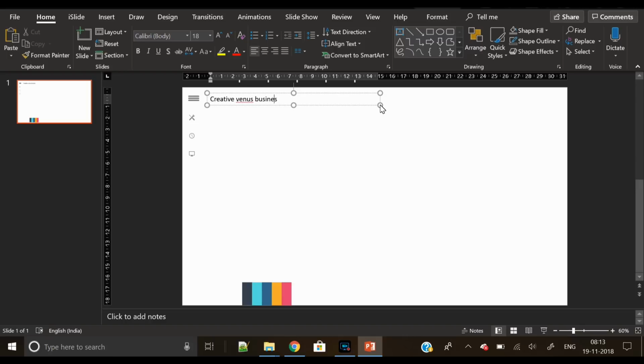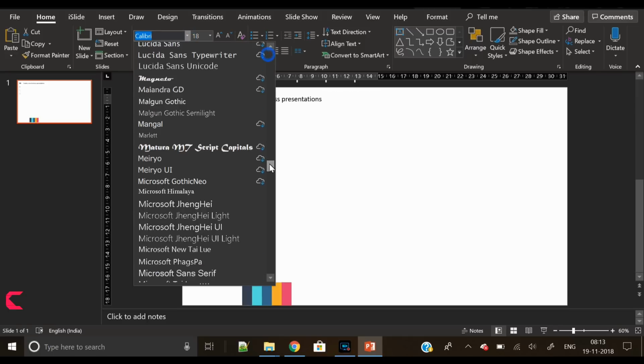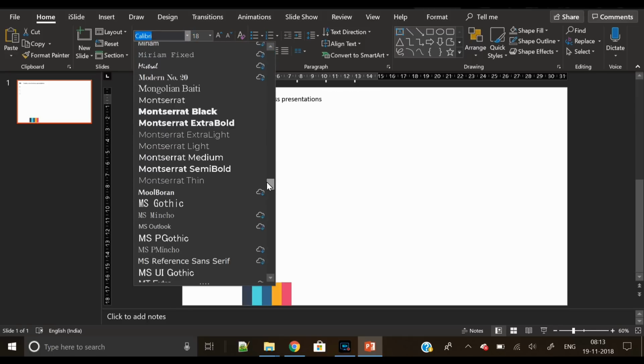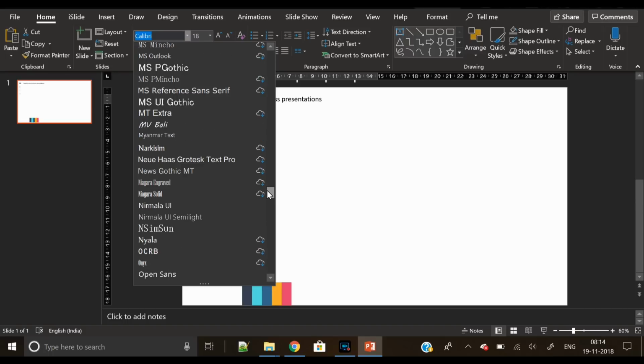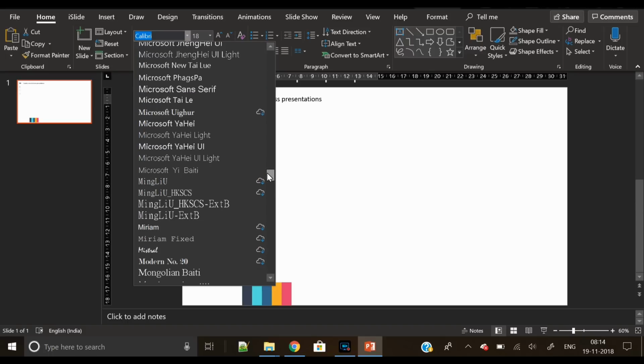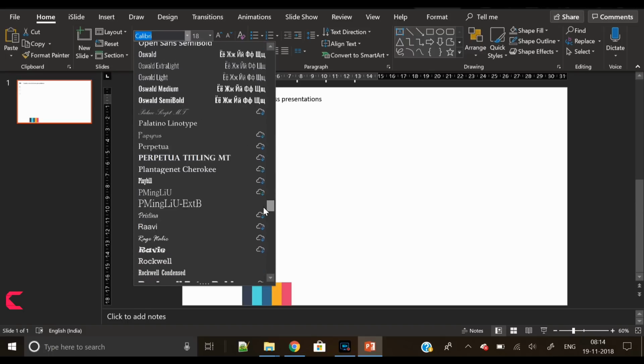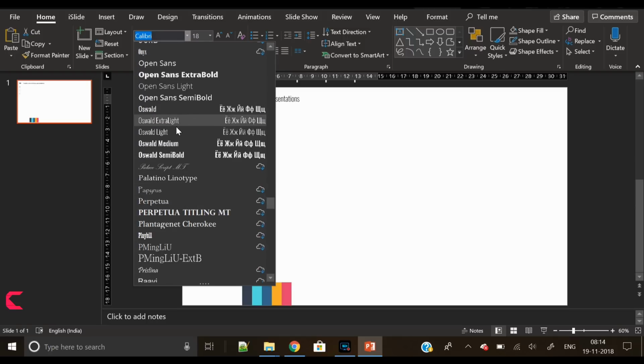So the next step here is insert a text box which you can use to mention the slide title, heading. Like I've written here, Creative Venus Business Presentation. So let's change the font to something beautiful here, something condensed. So let's pick Oswald. I'm looking for Oswald here, starts with O, Oswald Light. Let's pick this one,